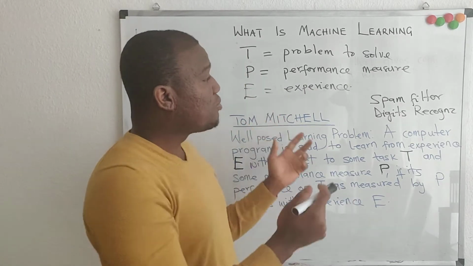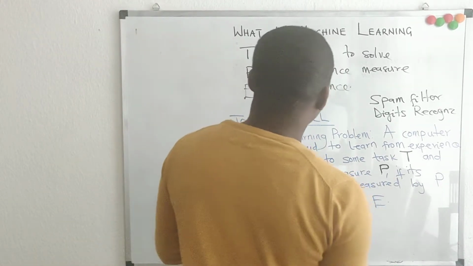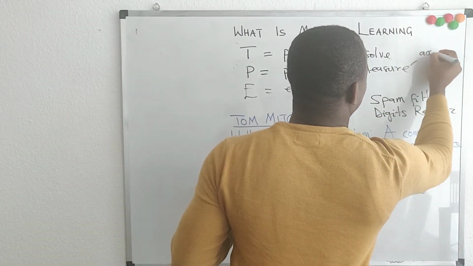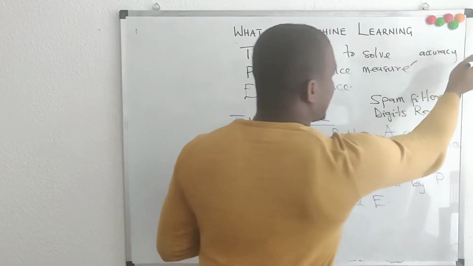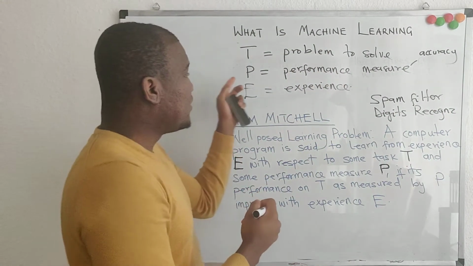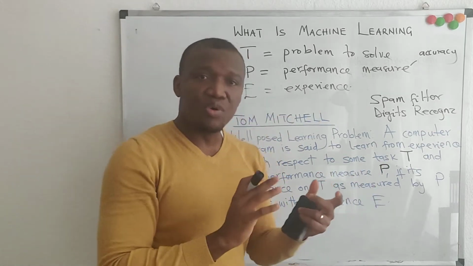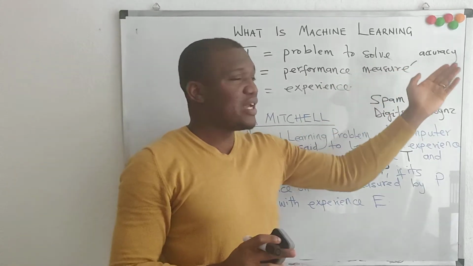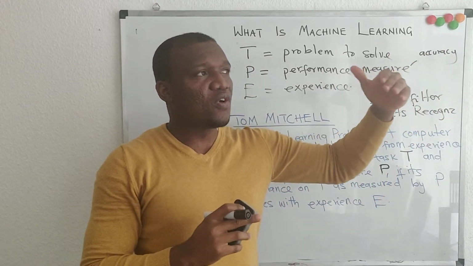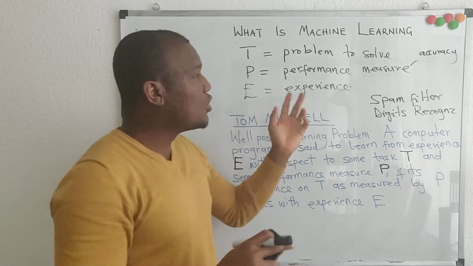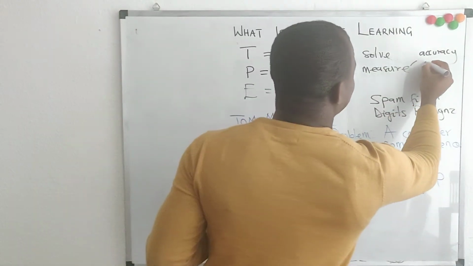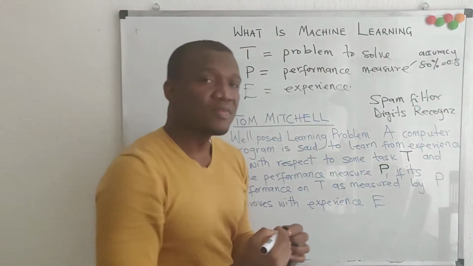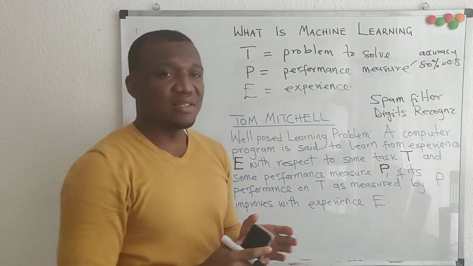Usually one common performance measure that is used is accuracy. So over here, people usually use accuracy. The way you measure accuracy is you can give your model, let's say, 10 inputs whose output you know. And if the model is able to predict correctly the output for 8 of them out of 10, then you know that your model's performance is 80% or 0.8. So one common performance measure is accuracy.